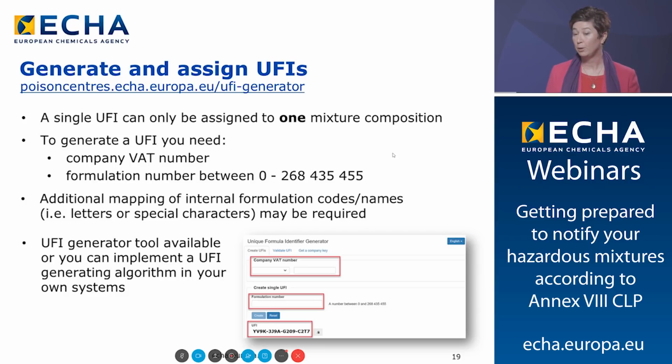We have made available a UFI generator tool, or if you wish, you can always implement a UFI generating algorithm in your own systems. I encourage you to visit our UFI pages. We have a wealth of information as well as the tools and manuals to support you with this.